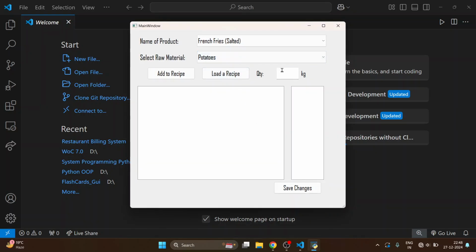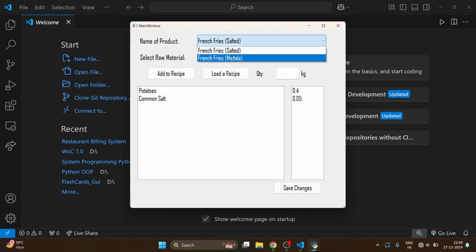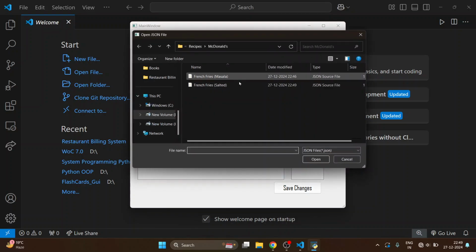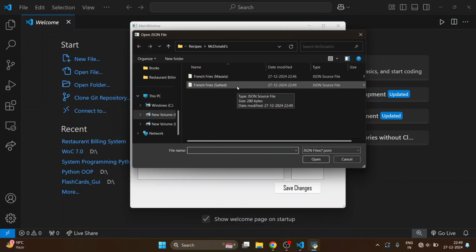Also, while managing a recipe, for example, for French fries, I need 0.4 kgs of potatoes. I will simply add it to the recipe. Common salt, I require 0.05, and I can save it. And for masala, I need the same requirement. So I can do it using